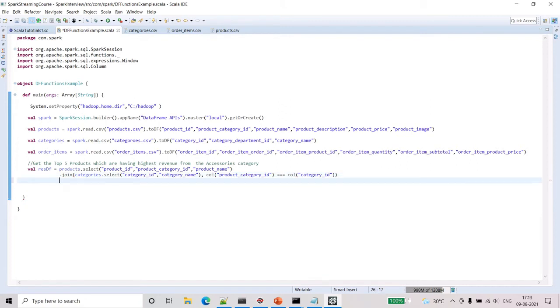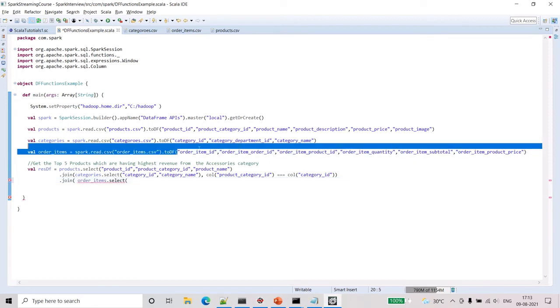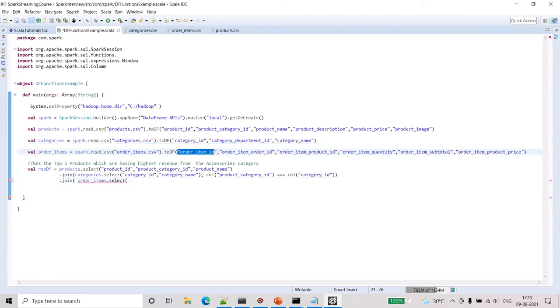Now again we need to do the join for the third table. What is the third table? Order items. Again it has a lot of columns, we don't need all that. So we need order item ID, order item product ID, and order item subtotal for getting the revenue.